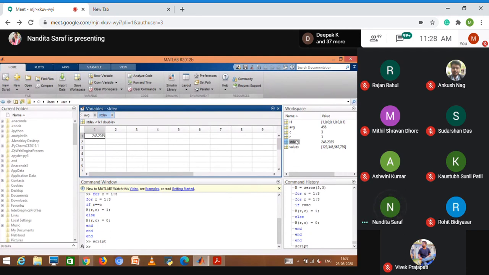You can have any kind of conditions. For a while loop, you have to specify a condition, like greater than 1, greater than or equal to 1, or whatever it is. Every time you start a loop, just end it using end, otherwise it will show you an error.